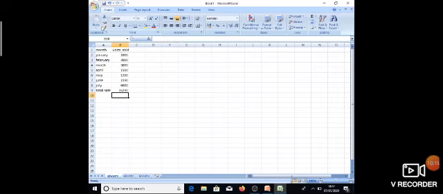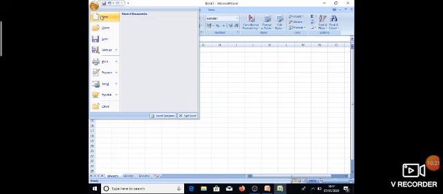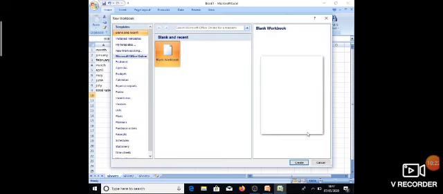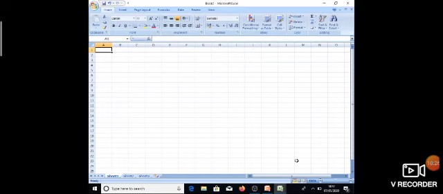Now students, let us move. Next is using a compound formula. In a compound formula, we have to use more than one operator. Where you are using more than one or more than two operators, it is known as a compound formula. Okay. So I want to give you a short example.